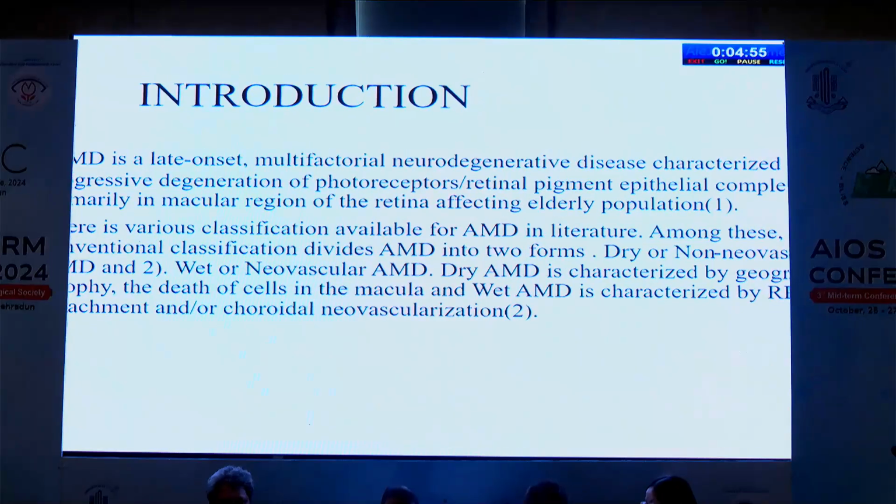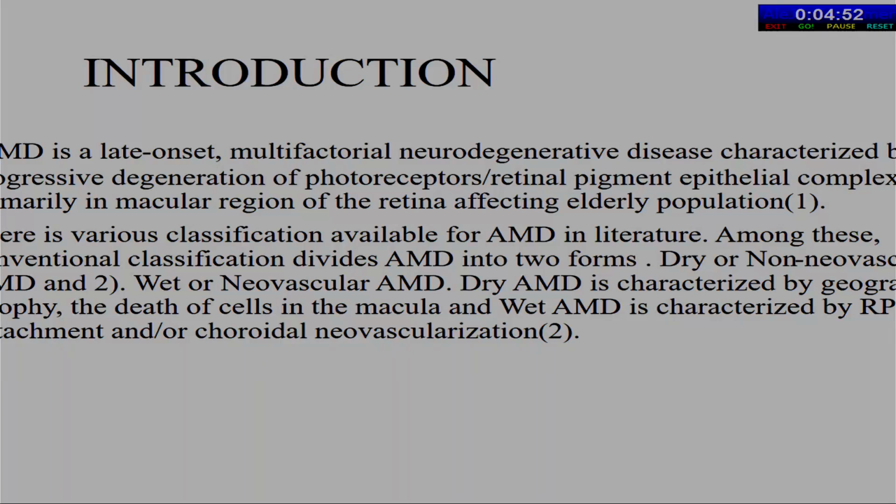Age-related macular degeneration is a late-onset, multifactorial neurodegenerative disease characterized by progressive degeneration of the photoreceptor-RPE complex, primarily in the macular region of the retina, affecting the elderly population. There are various classifications available for ARMD in the literature. Among these, conventional classification divides age-related macular degeneration into two forms: dry or the